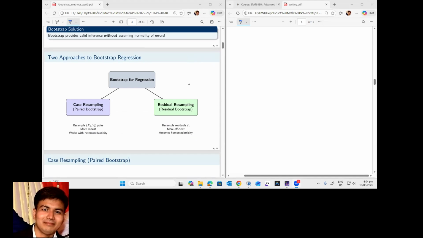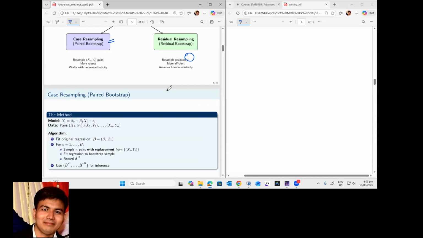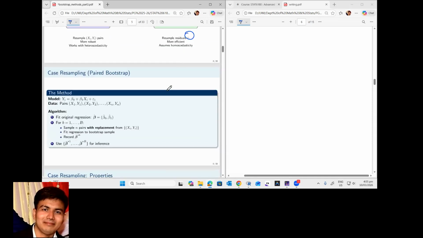One is the paired bootstrap, where we generate the xi and yi pairs. And another method was residual resampling, where we generate the error term epsilon i. First we discuss the case resampling, or paired bootstrap method. So in this method, what we have done,